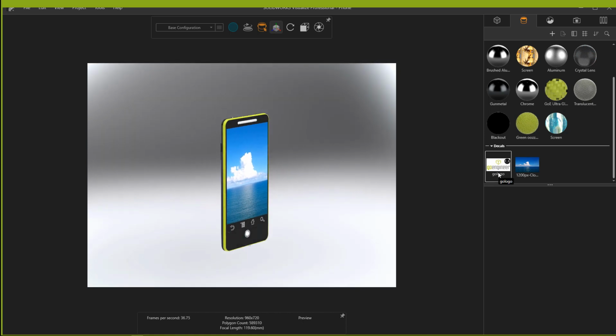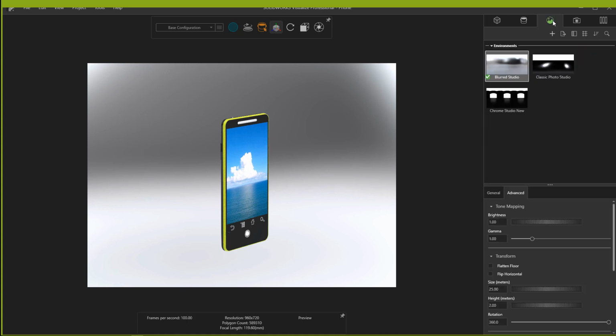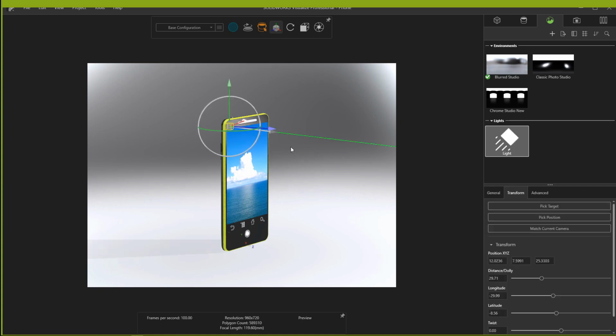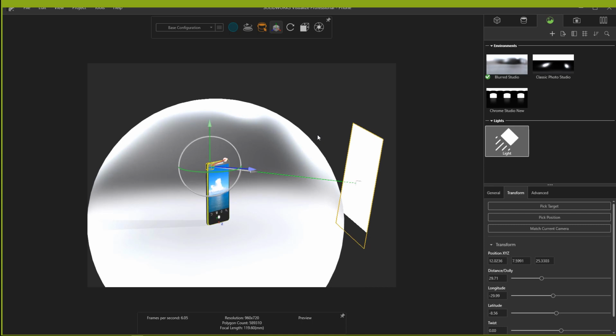Logo, like I said, might be better if I had the transparent one. Something I'll have to go find. The next thing is adding some lights. So now we're going to go to our scene tab, right click, new light, pick target. This is by far one of the easiest ways to add lights, I feel like. So I can pick target, say, hey, I just want a highlight on this upper right hand side. If you zoom out, you can see what type of